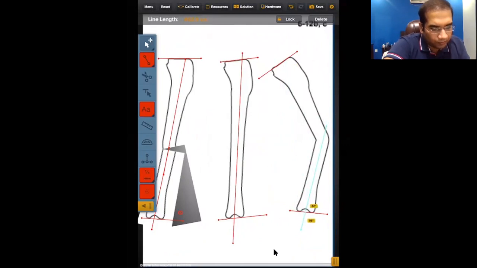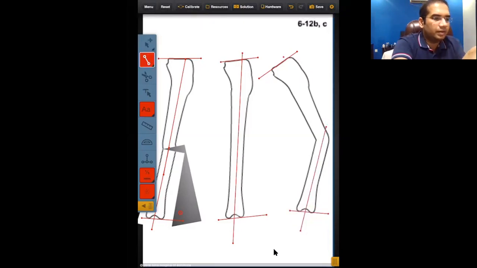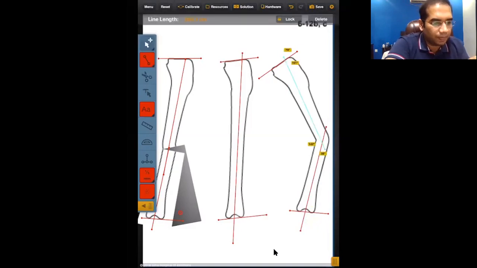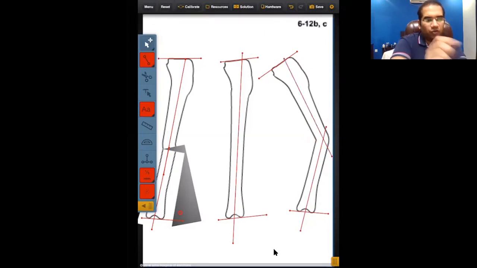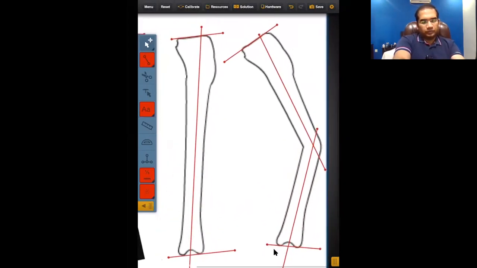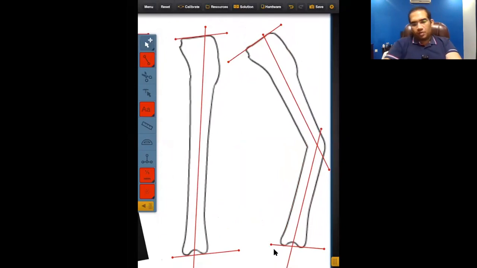We've drawn two mid diaphyseal lines, and in the middle, we will again draw the second mid diaphyseal line. Okay. We have drawn two mid diaphyseal lines, and they meet where the obvious deformity is. So these two mid diaphyseal lines have given us the CORA and the magnitude of deformity of 40 degrees.